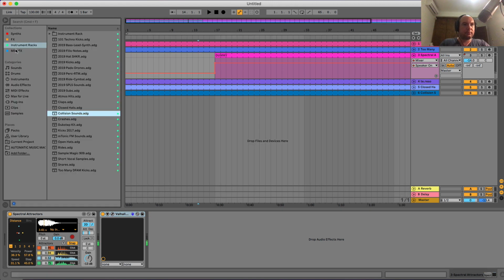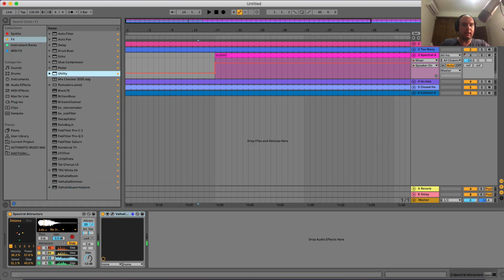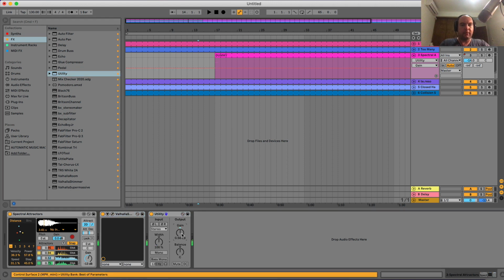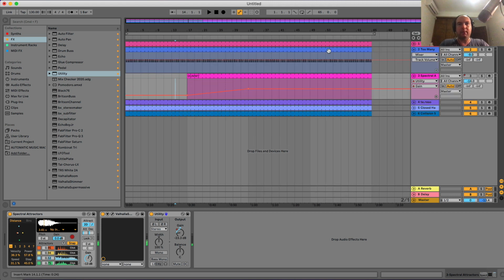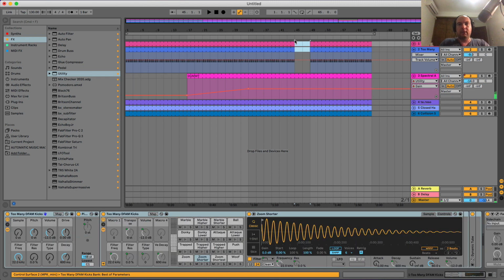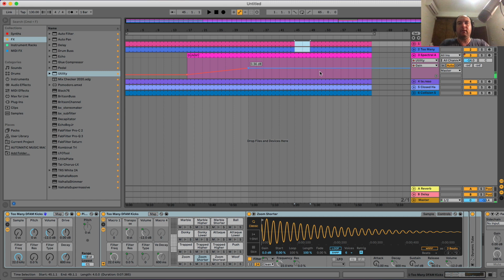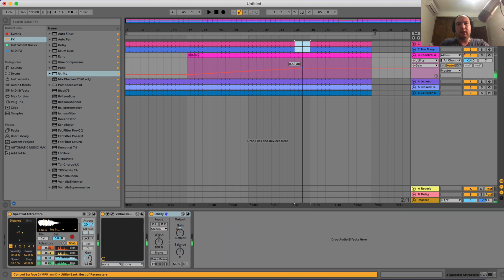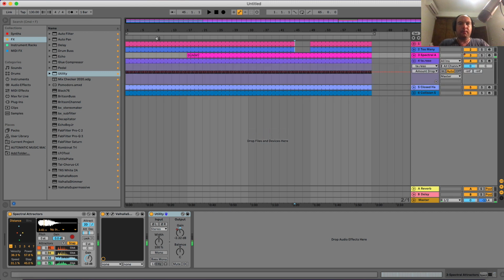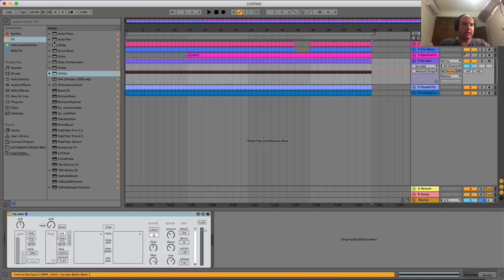And I'll throw in a utility, and for instance, fade this in. This is more or less blind arranging. I'm not gonna listen back to this really while I'm making this. I'm just copying, pasting, drawing, and the idea being that I'll listen back to it later, in a week's time or 10 days' time or something, and then decide whether I want to work on it some more. The resonator, I don't know, let's put like an